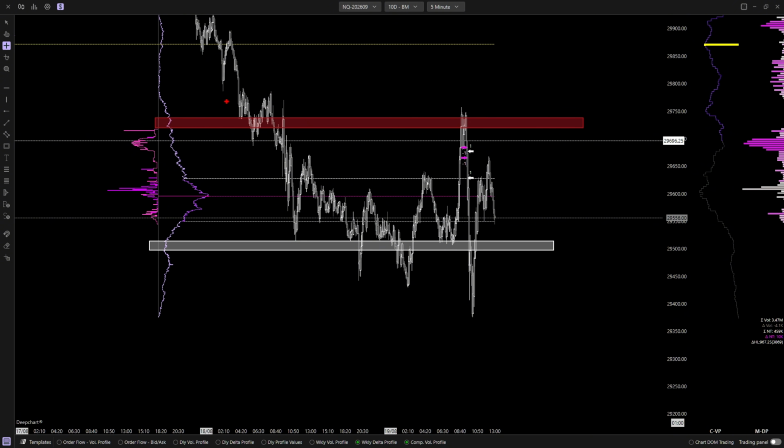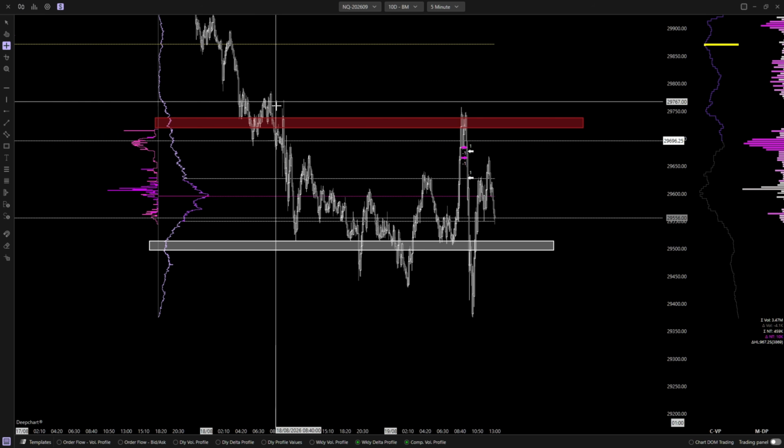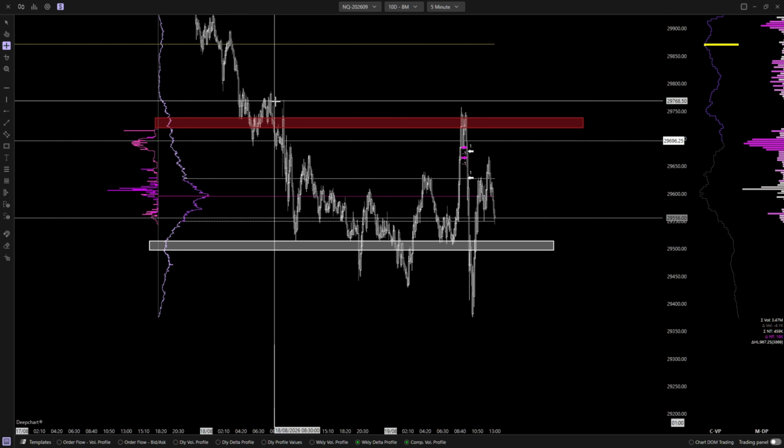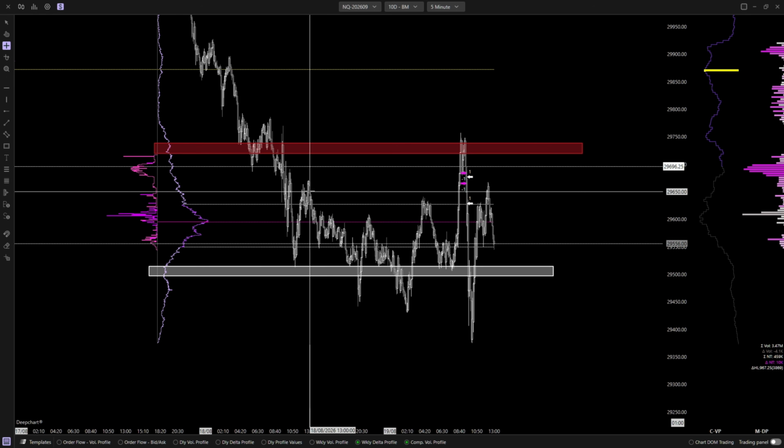We haven't truly closed above it. For example, here we closed above it, and you could have gotten the longs right there. That would have been on a lower time frame, like a 40 range or 1 minute chart. That would have been about a 3-4 R move right there. Then we went back down, right?